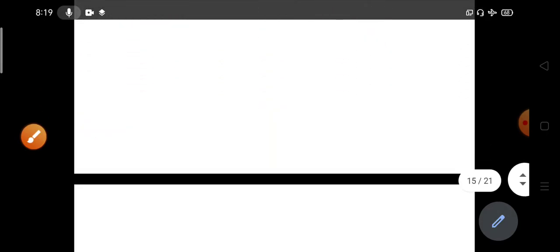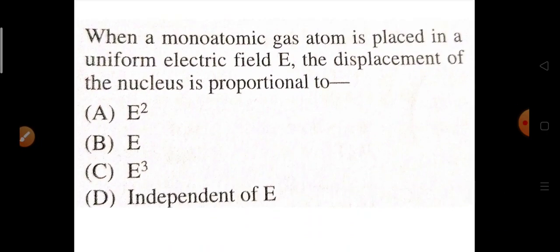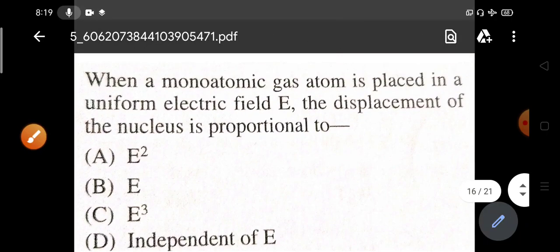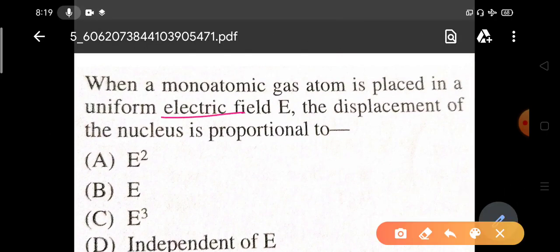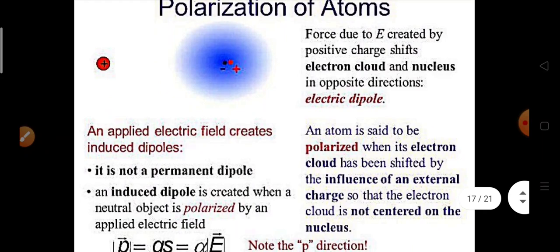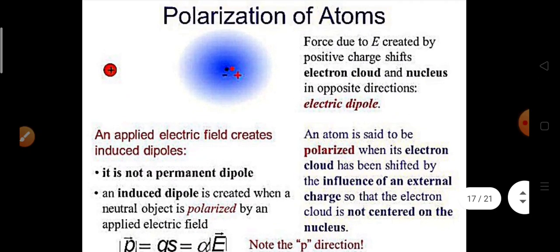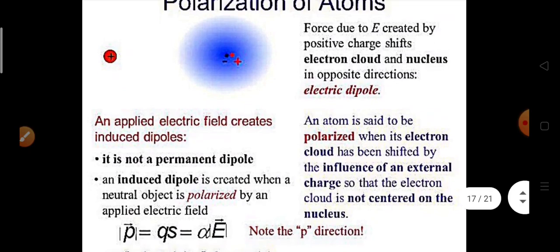Now the next question: when a monoatomic gas atom is placed in a uniform electric field E, the displacement of the nucleus is proportional to E square, E cube, or independent of E. I have discussed this in the dielectric constant video. What is happening whenever atoms or molecules are inside an external electric field? Please watch that video. I have also given some concepts here,